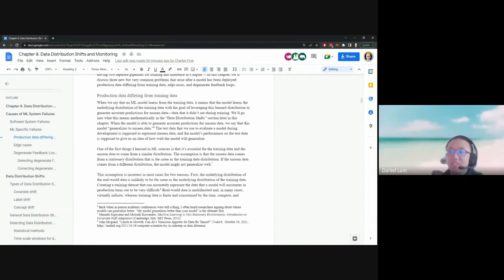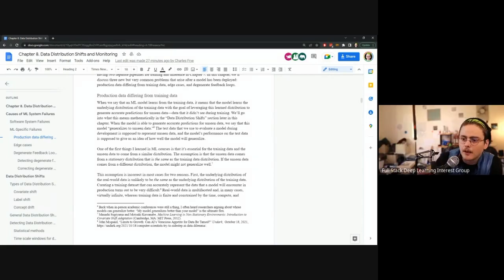My gripe was that you can't have a model work on some other data if it's not close to it. That's my only gripe. And when I read this part, it seemed like they're different, and if they're different, it's like comparing apples to oranges. You can't do it. So there's an assumption that it has to be close. Yeah, I think that's right.